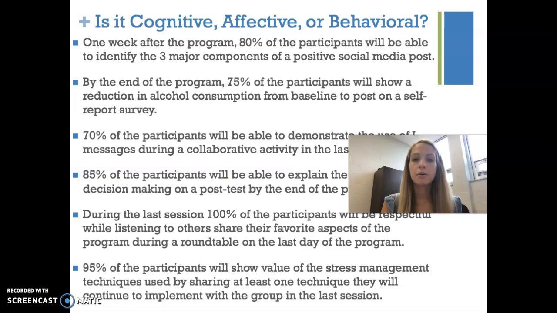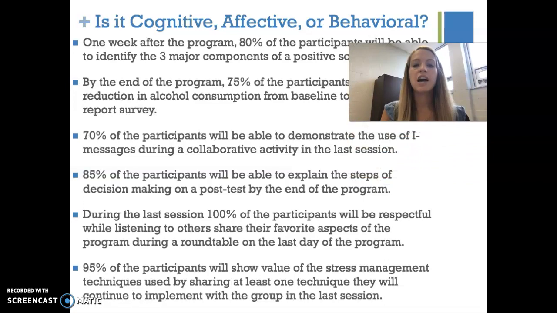By the end of the program, 75% of participants will show a reduction in alcohol consumption from baseline to post on the self-reported survey. The third one, 70% of participants will be able to demonstrate the use of iMessages during a collaborative activity in the last session. 85% of the participants will be able to explain the steps of decision-making on a post test by the end